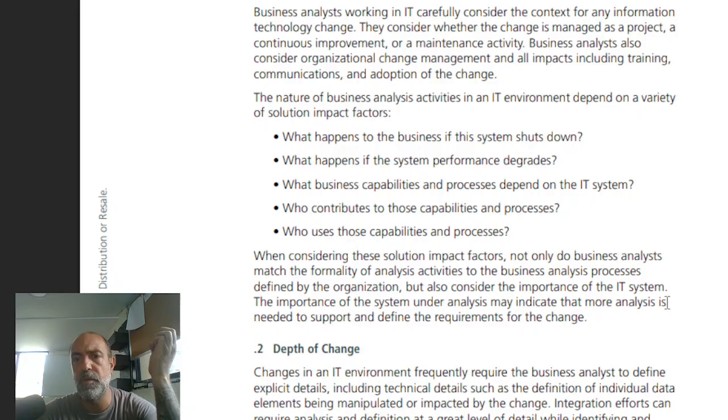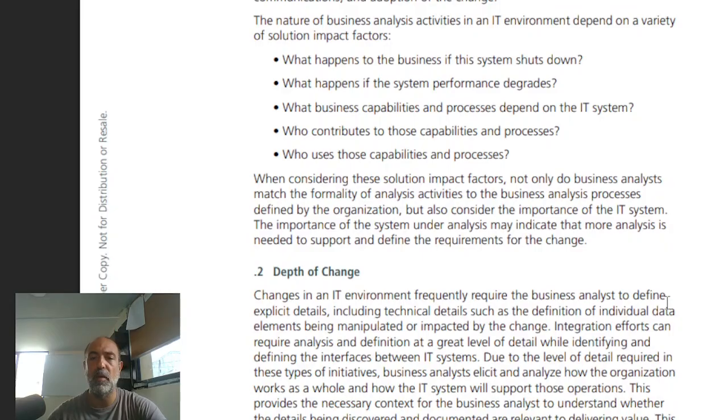Degrades for multiple reasons, including different departments using it wrong. What business capabilities and processes depend on the IT system, who contributes to the capabilities and processes, and who are the people that use them? Who contributes and who uses those capabilities and processes. When considering these solutions, impact factors